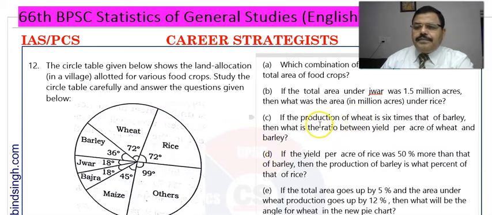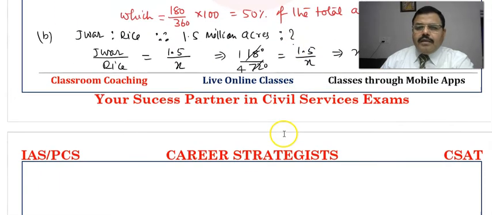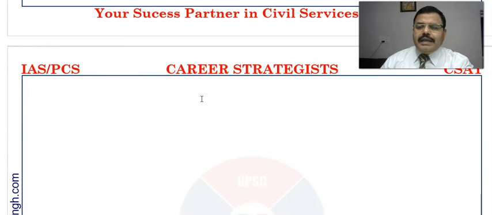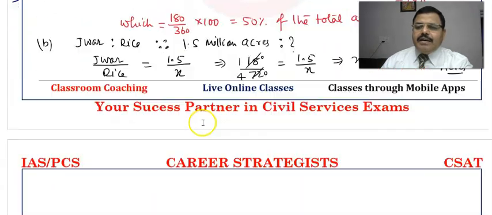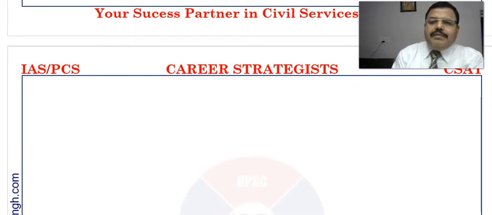There is another method also, but you can answer in this way. Ratio and proportion is a well-known fact and established formula and concept of mathematics, so you can use it. Otherwise, you can go ahead with another method as well. The other method is to first calculate according to the individual share of jar, that is 18 degrees upon 360 multiplied by the total area. So this is another alternate method that I am going to discuss, because many of you did it like this.